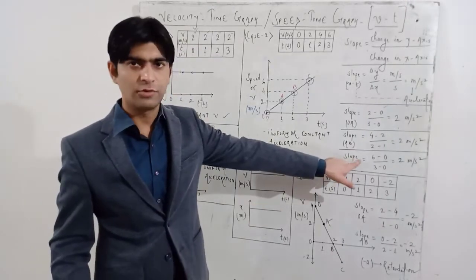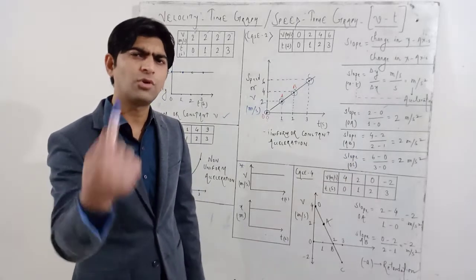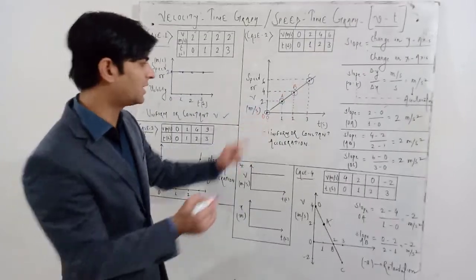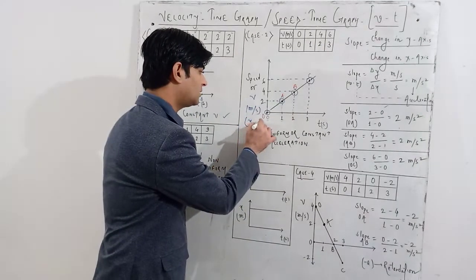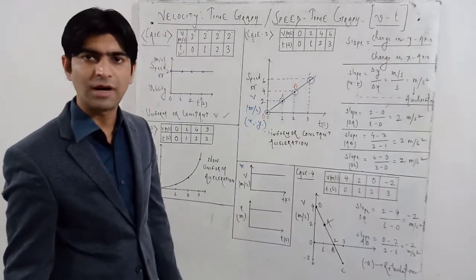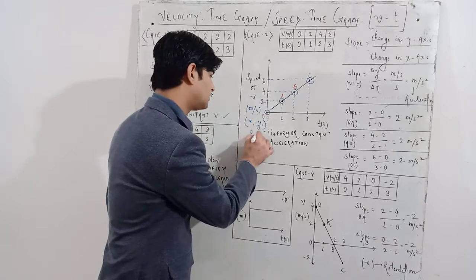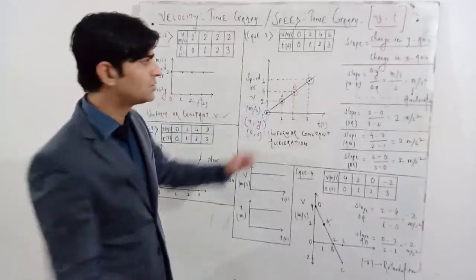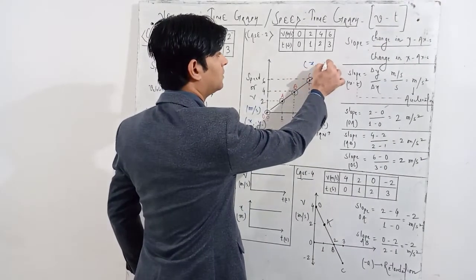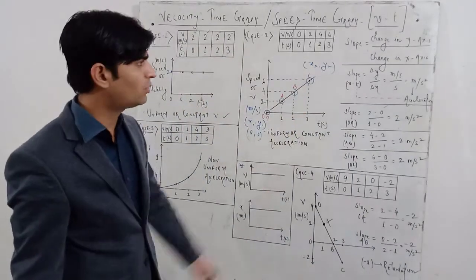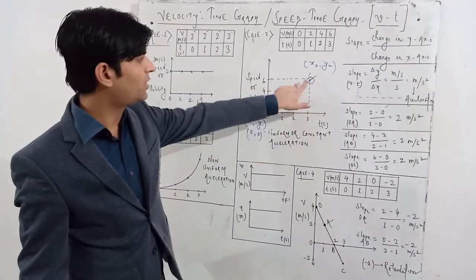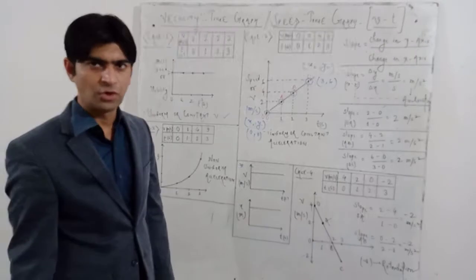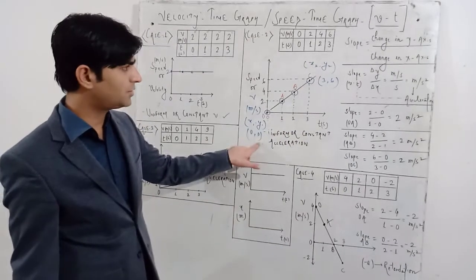If you calculate the slope for OC, with the help of writing the coordinates also you can calculate the slope. See here, suppose you have to calculate the slope for OC. O is the starting point, so I will write the coordinate x1 comma y1. Here it is the origin, so it will be 0 comma 0. The ending point is point C, so here I will write x2 comma y2. Now what is x here? 3. What is y here? 6. So this coordinate becomes 3 comma 6. Now you have the coordinates of both points, 0 comma 0 and 3 comma 6.